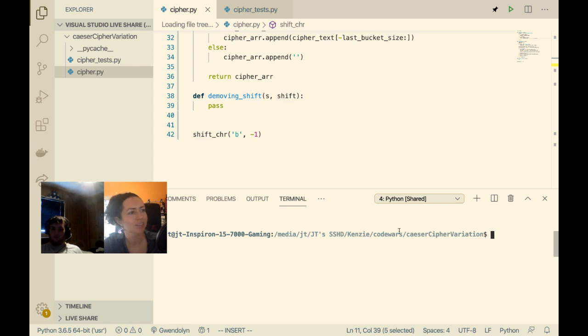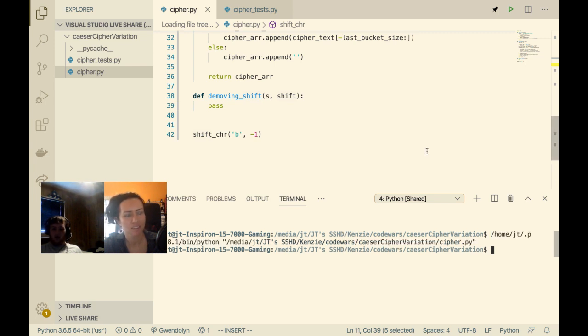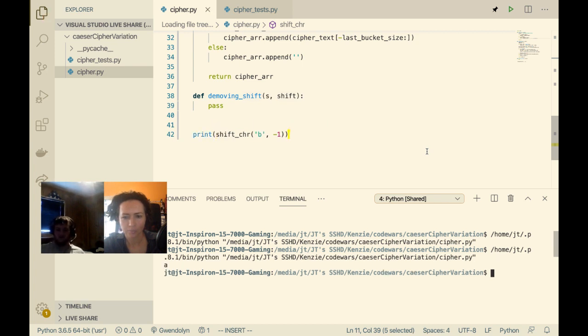Okay. It helps to print it. Yeah, so when we're doing the D-moving shift, we can just use negative numbers instead. Awesome. And then for this for loop, instead of plus index, we'll just do minus index.